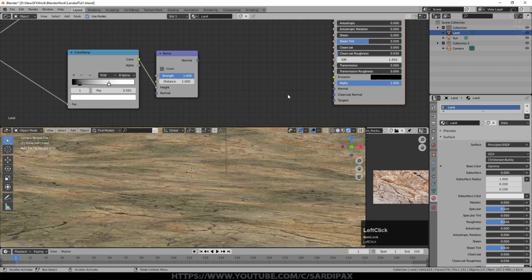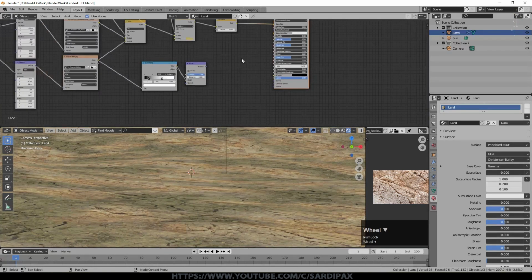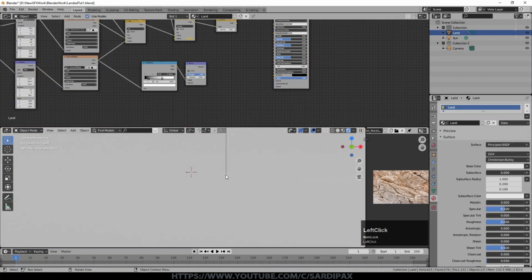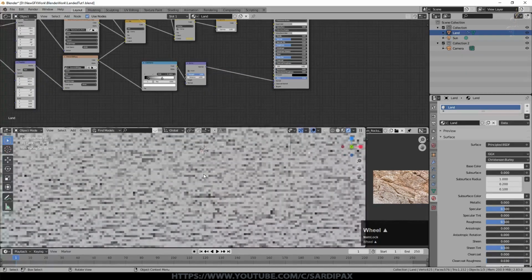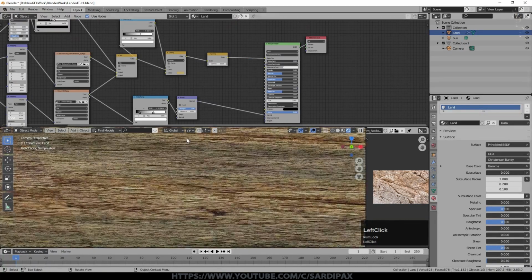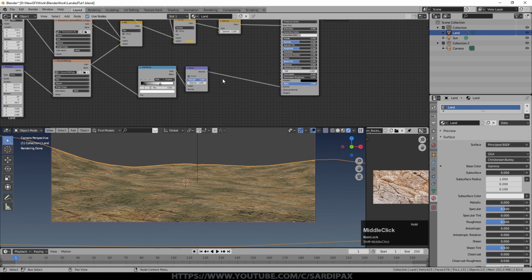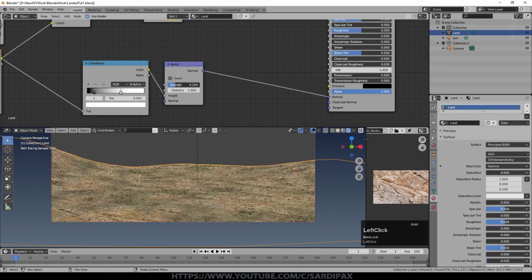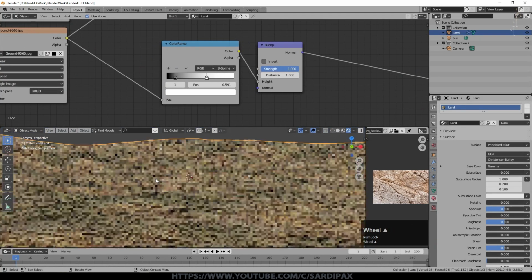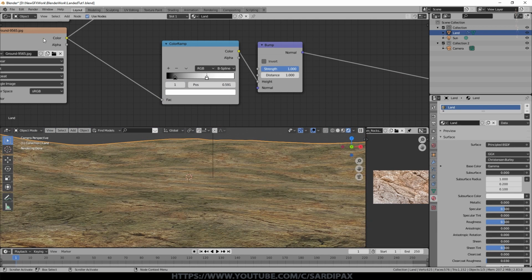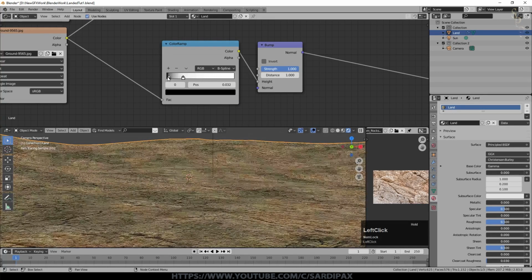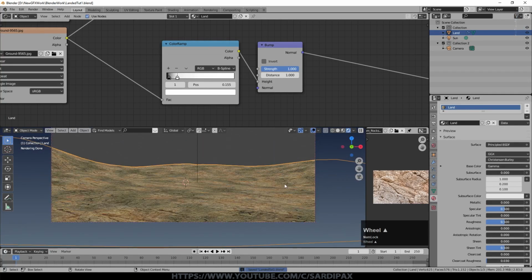If I take that away, it's very, very smooth. I can even show it better if I take away the color information and now put the normal back in. You can see there is a texture to this landscape. So I'll put the color back in as well. And if you need to, you can vary the strength of it here, so it's more or less extreme. I actually had it at 1, but what I also did was I was more selective over what parts of this texture contributed to the overall texture. So I brought this down here and took this one closer to the side as well. So that's given our basic rocky landscape.